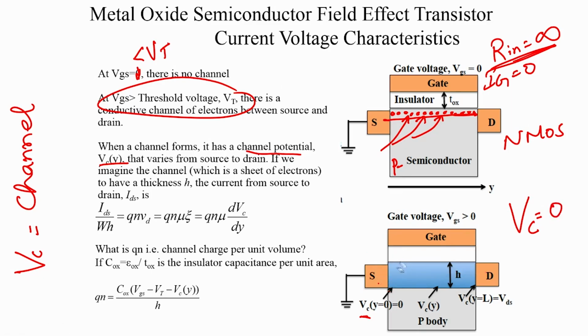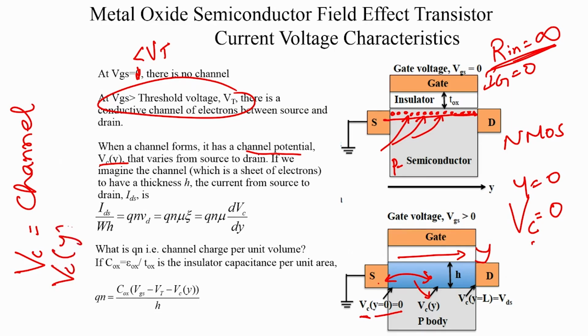So, let us give this a direction. So, we are calling this the y direction, and therefore, at y equal to 0 Vc is 0. Now, let us move ahead. Now, at some other point the potential difference between these two will be Vc of y, okay, because it is